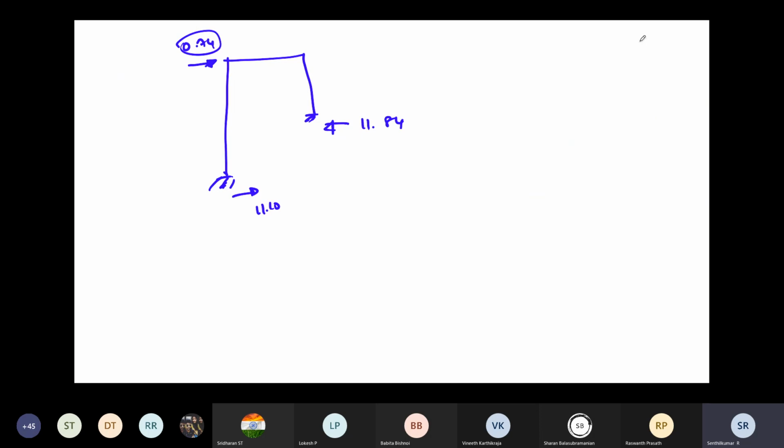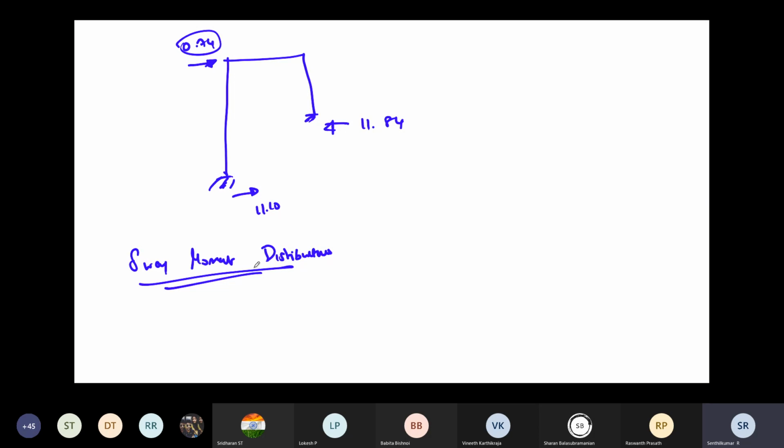So what do we have to do for that? We have to go for sway moment distribution in another topic. For that we don't know what the delta is, 6EI delta by L square, we don't know. What is the horizontal force? 0.74 we know that, but how we are going to incorporate it in the sway value, that also we don't know. So this is a major thing we have to find out now.